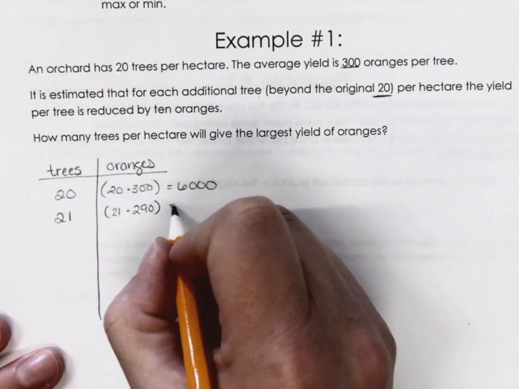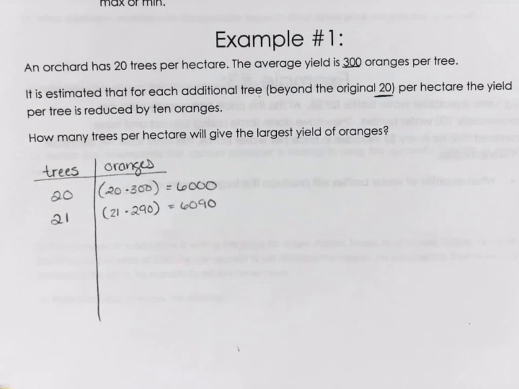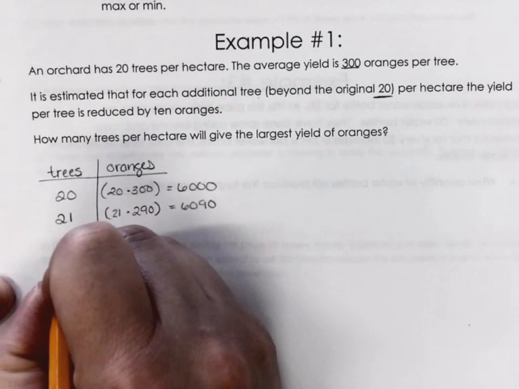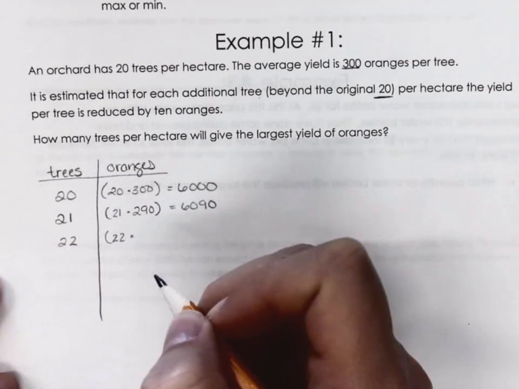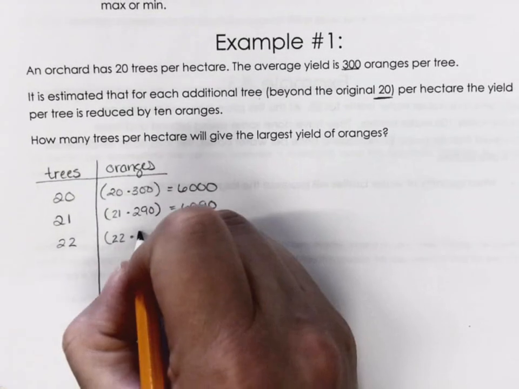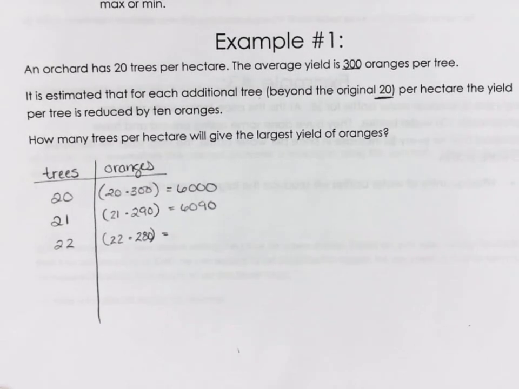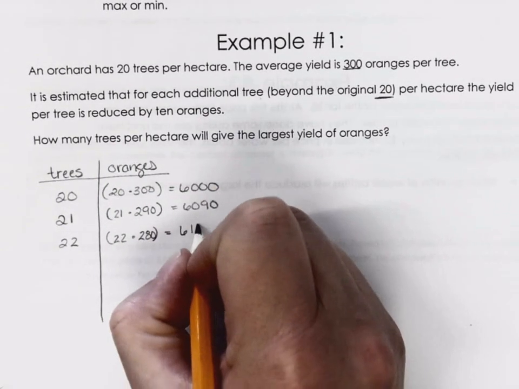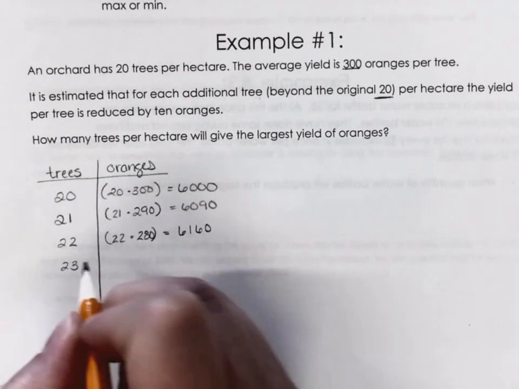All right, so that is 6,090 oranges. So that's good. We're still going up in oranges. That's exciting. If I have 22 trees, how many oranges does each tree produce? 280. Good mathin'. And then I don't write it down right. Not very nice of me. 6,160. If I have 23 trees,